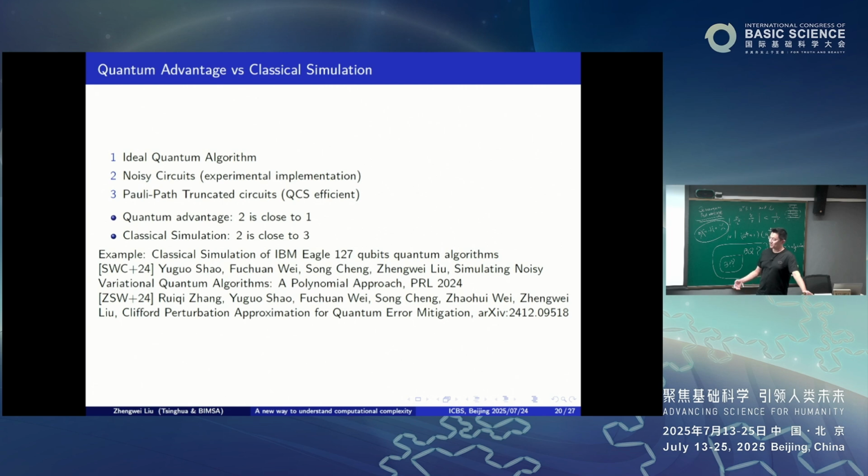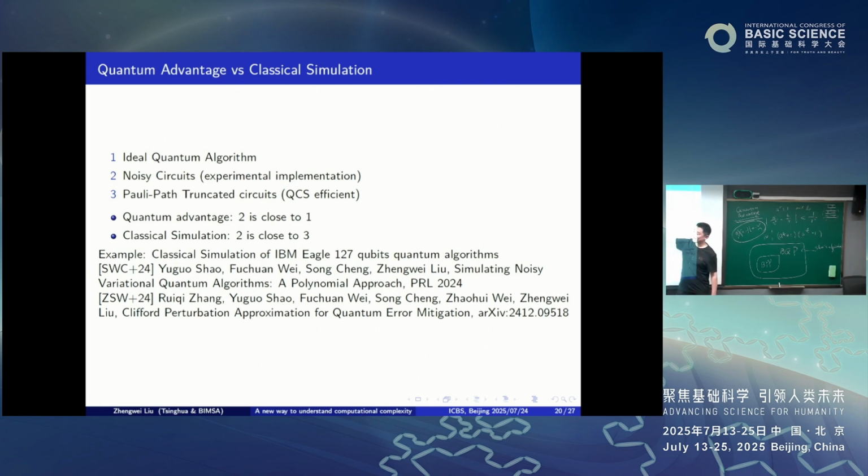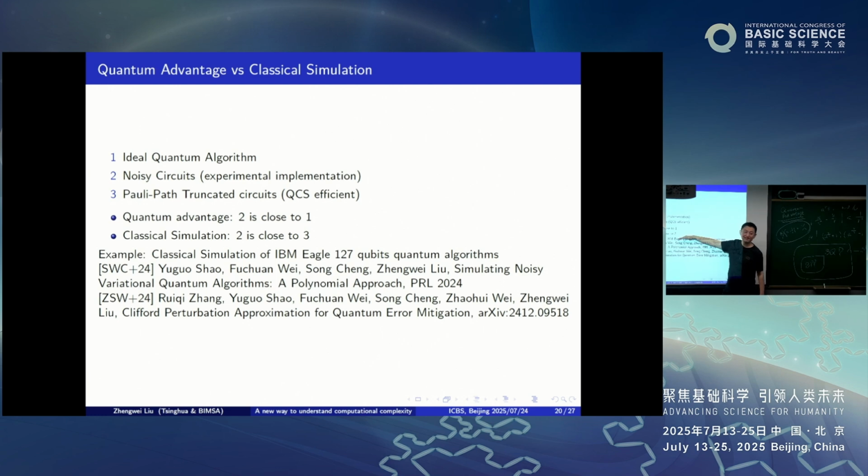But more importantly, is whether we can have such a circuit that's meaningful, that can really help us solve problems in the real world. It's not very clear. So essentially, this is something we can do experimentally. The first one is something theoretically good. This is something we can do classically. So this will give a new benchmark. We can do numerical simulation to see whether the real one is close to the better theoretical one or to our classical simulation. And then this distance will tell us whether this algorithm is closer to quantum advantage or closer to classical simulation. So that's a better benchmark to characterize the efficiency of quantum algorithms.